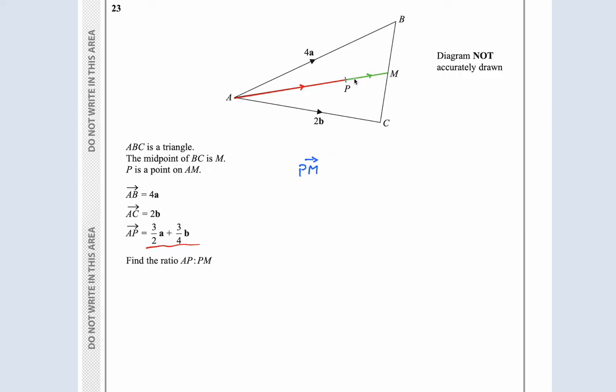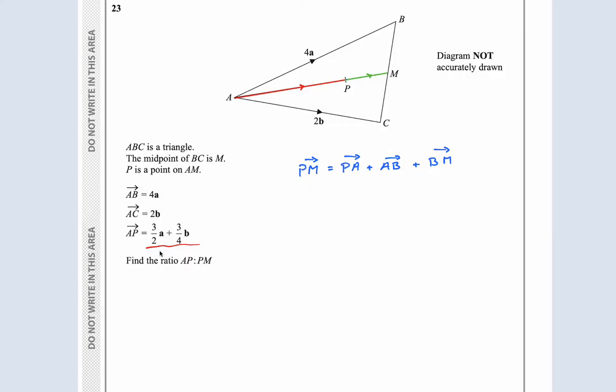I don't know from here to here. So I can't go this way. What I have to do is go this way. I'm going to go from P to A. So this is equal to P to A. Then from A to B. So plus AB. And then from B to M. Now, I have